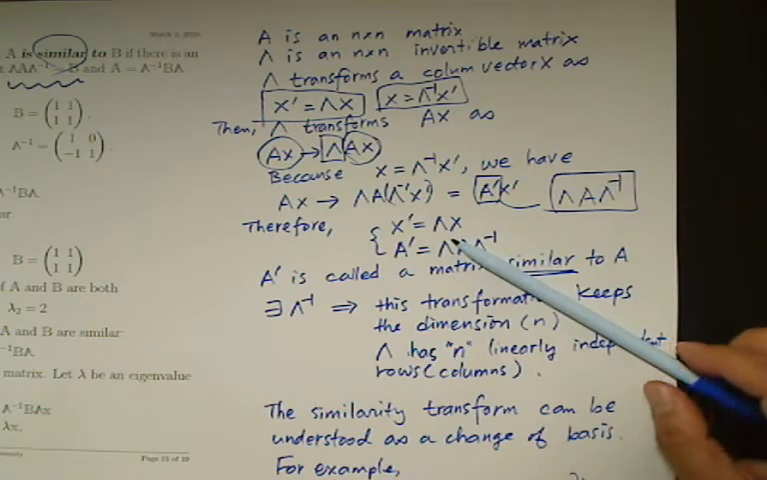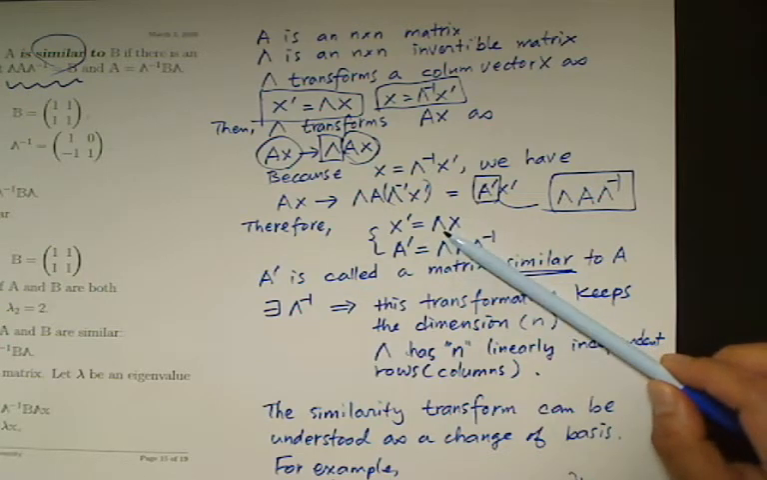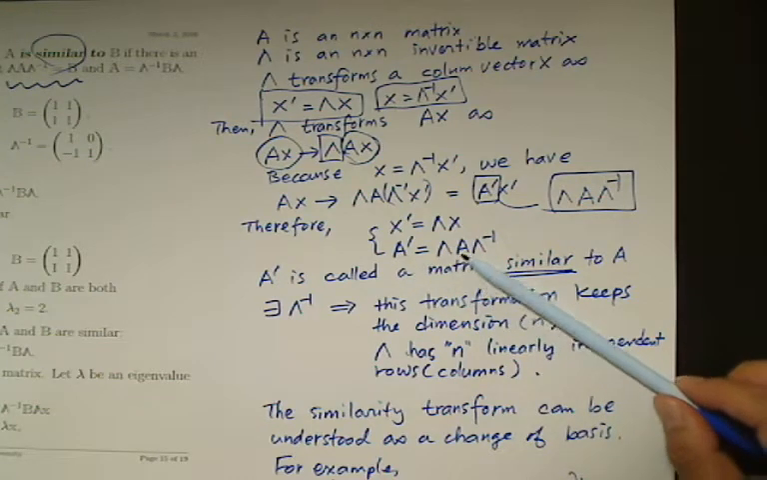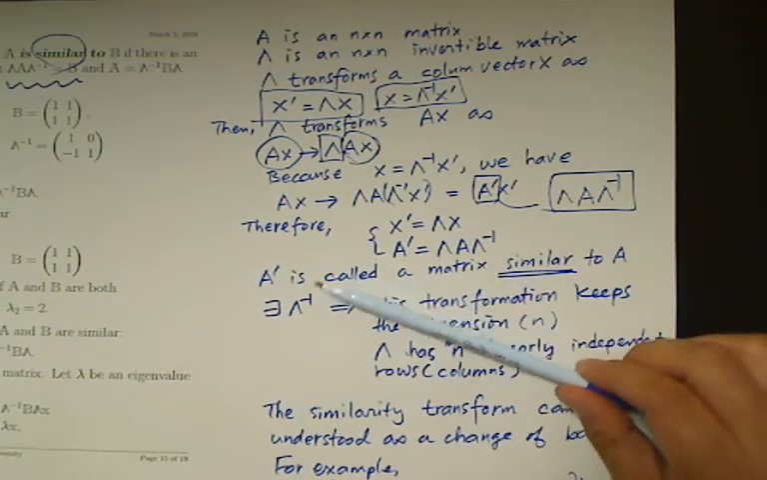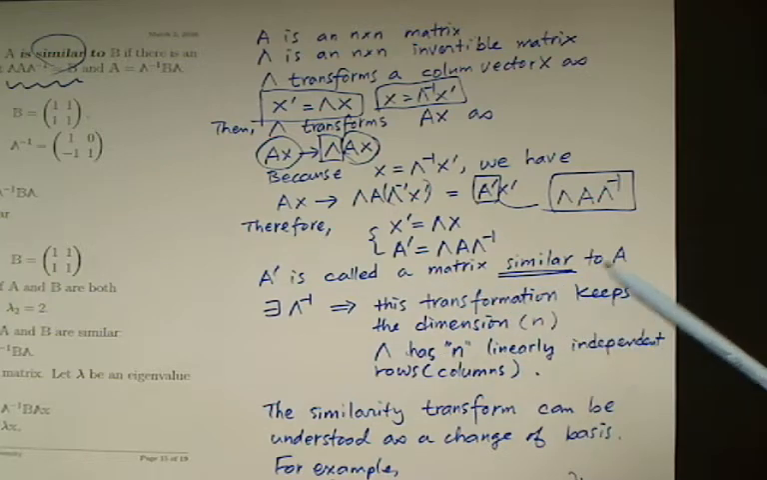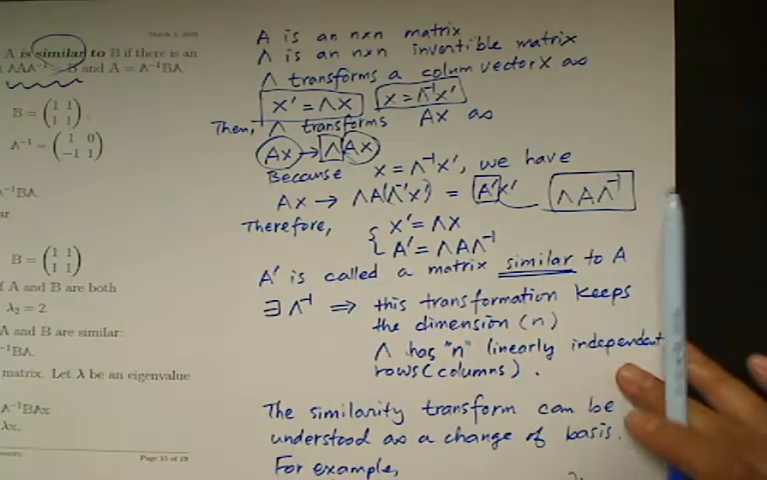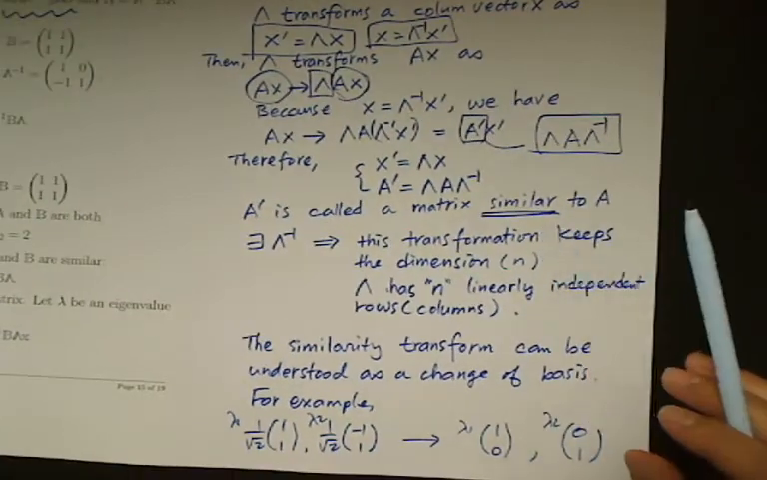So the transformation rule for the column vector is to multiply by lambda, and a matrix is transformed into lambda A lambda inverse. So this is just like the rotational transformation of a rank 2 Cartesian tensor. We say A prime is a matrix similar to A, and the invertible matrix lambda is the similarity transformation. This similarity transformation keeps the dimension, so that, for example,